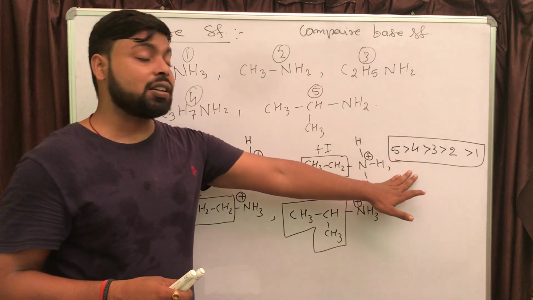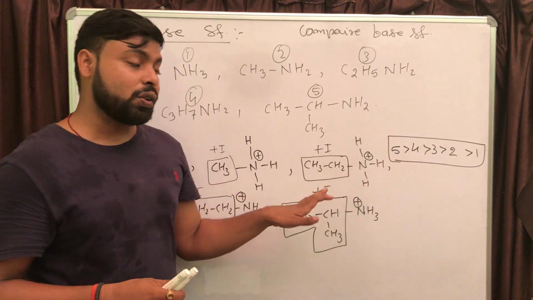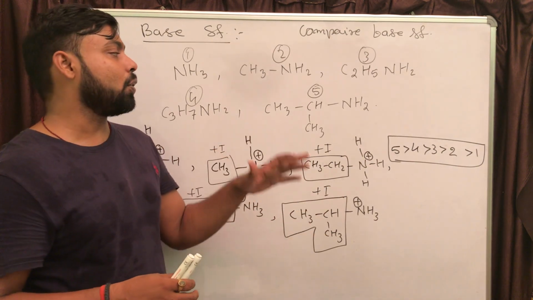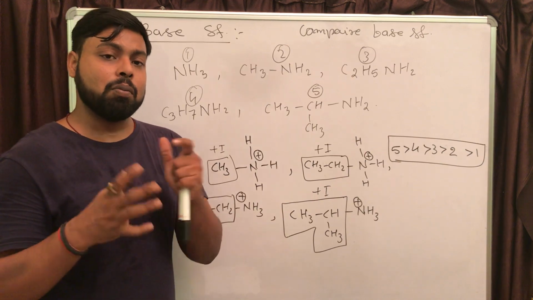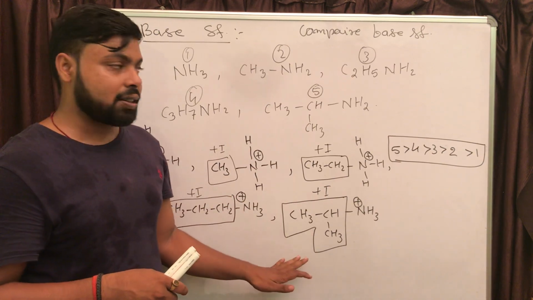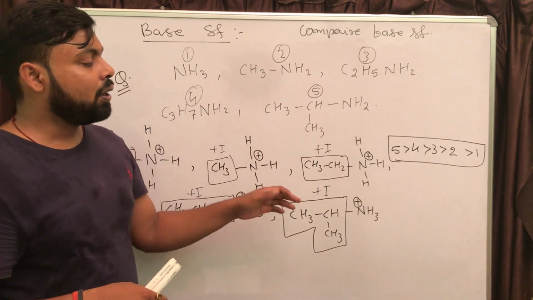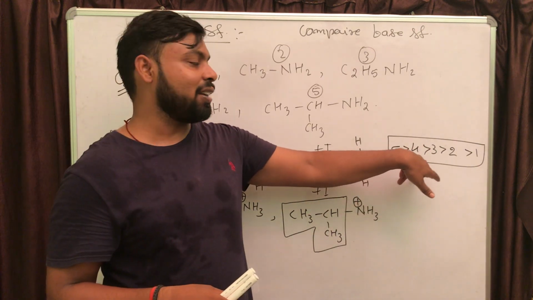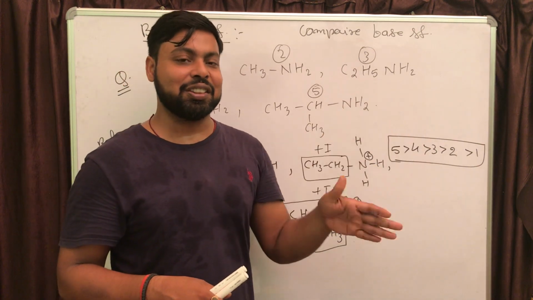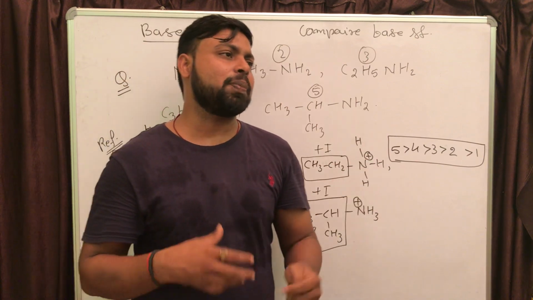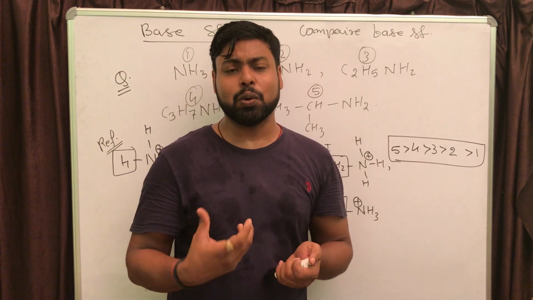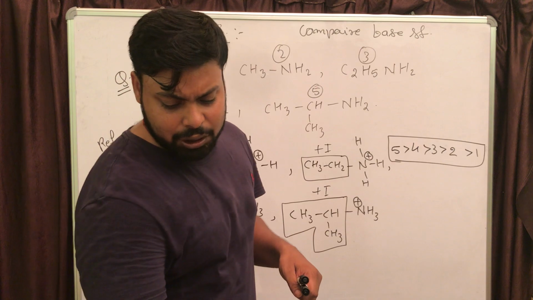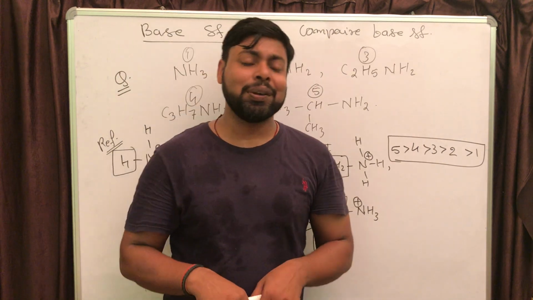So whatever we are getting as the stability order of conjugate acid, the same will be the order of base strength of the parent base, because the statement was: more is the stability of the conjugate acid, stronger is the parent base. So this is the order of stability of conjugate acid, and the same will be the order of strength of the bases given in the question. So this is the process. By using this, you can compare the base strength if two or more compounds are given in the question. This I think is clear to you.